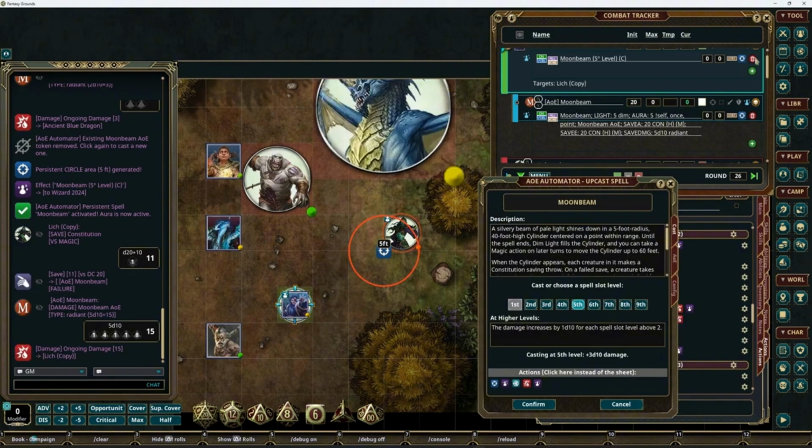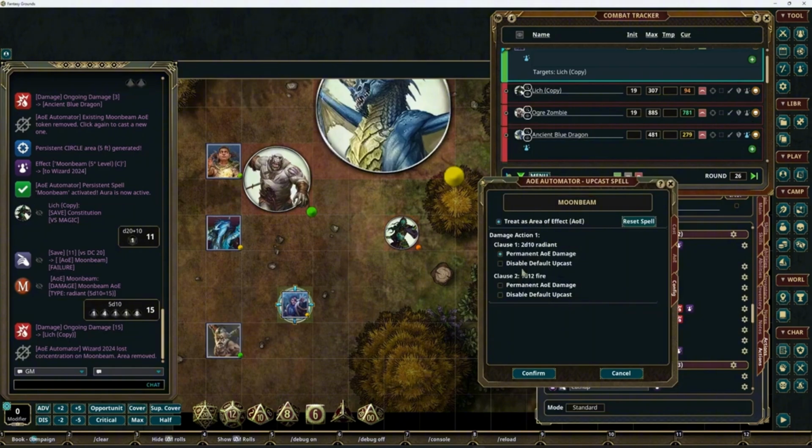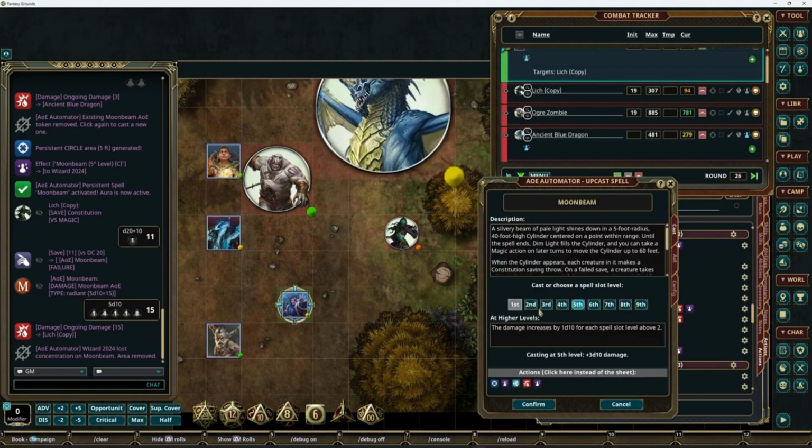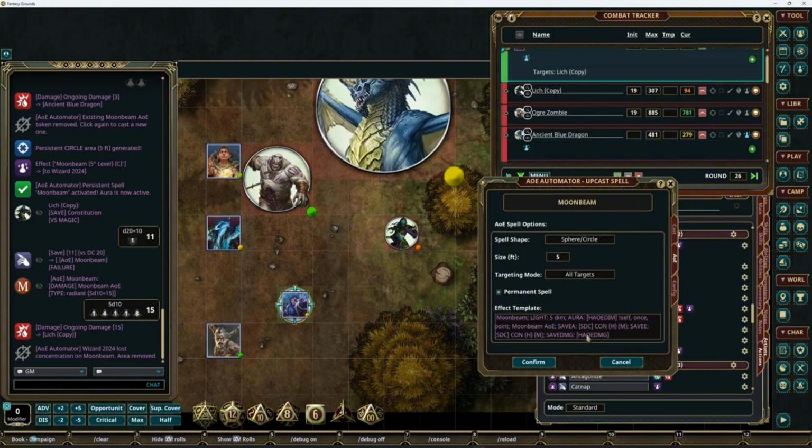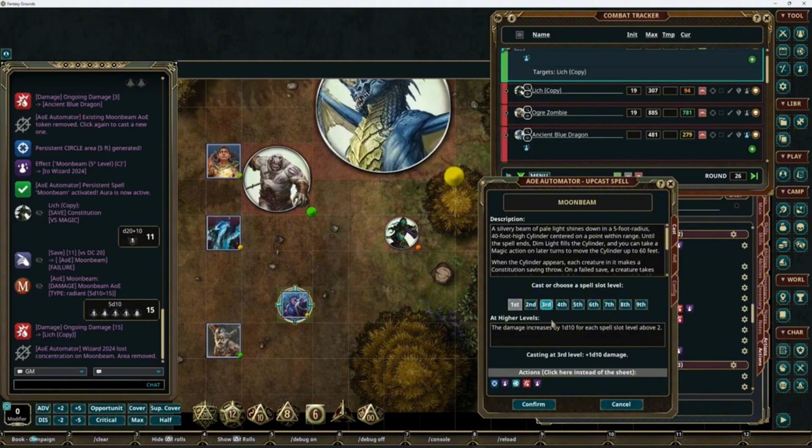And also if we, okay, remove that. We don't want the damage to upscale by 1d10, so we disable the default one and we want the damage to scale by 1d10 because we can. This damage scaling is taken by this tag. So now when we do that again at the third level this time, the damage scaled by 1d20 like this,